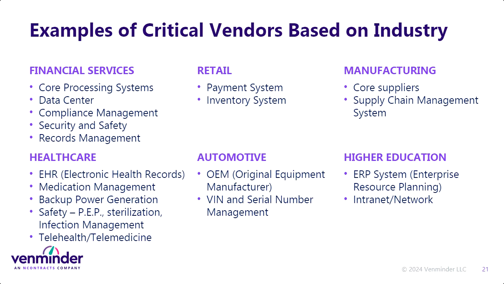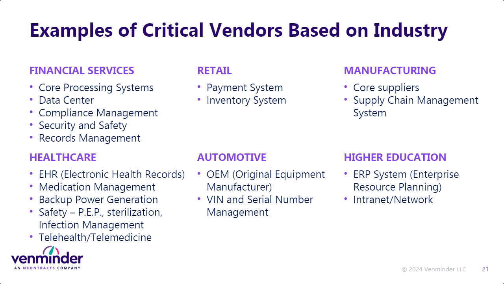And just to give you a better idea of other critical vendor types, here are some examples you might see in different industries. In financial services, critical vendors are usually going to be those core processing systems, data centers, compliance management providers, and any vendors involved in security and safety. In healthcare, third parties that provide EHR, medication management, backup power generation, and telehealth would be considered critical. If any of those systems were to go down, that facility cannot care for its patients as it normally would,